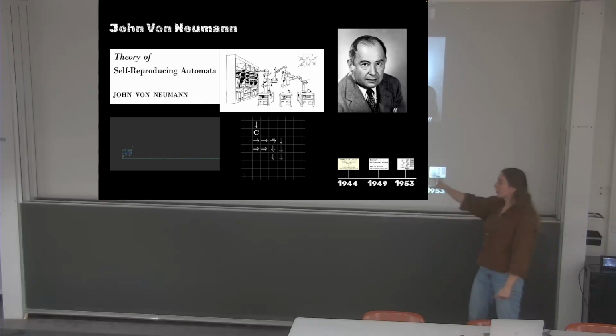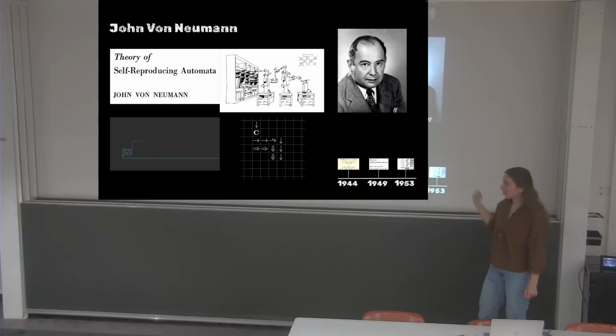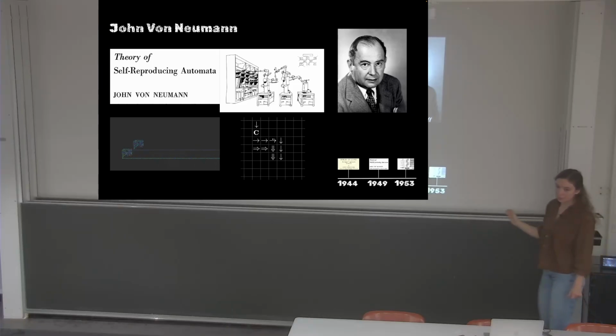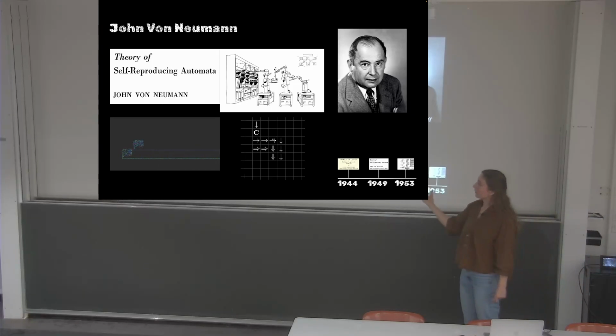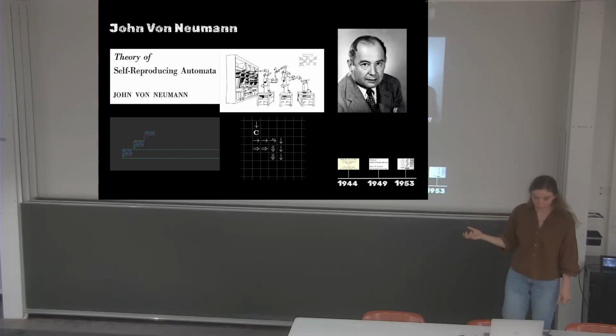So here you see a part of the cellular grid with the square configuration being the machine and this long line being just a part of its tape. I think in the actual world, the tape would come somewhere around here. The description is very long. And now we have seen the translation where the machine builds the new machine, and now we're witnessing the transcription. So the new tape is being built and information is being copied on it. So this actually is the bottleneck time-wise, but it should be done around now, and now you can see the new machine starting to build another copy.